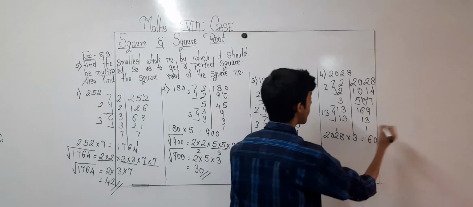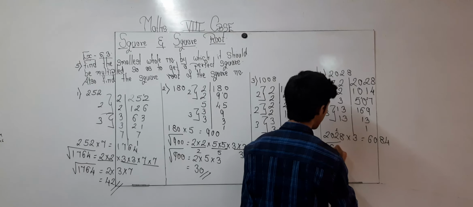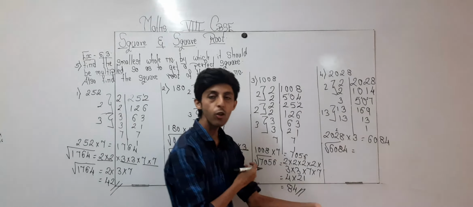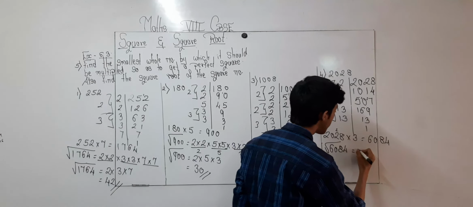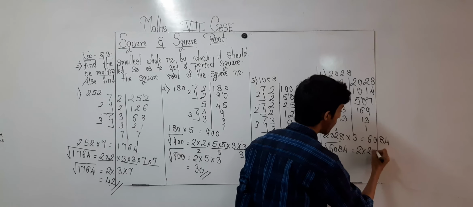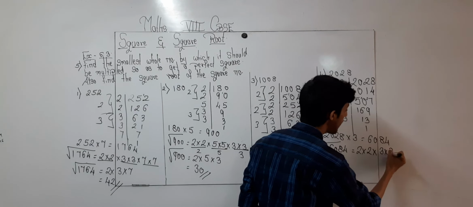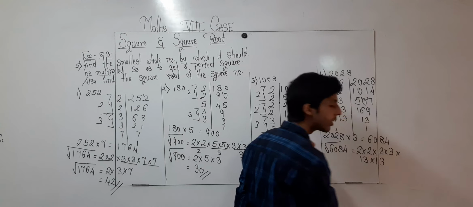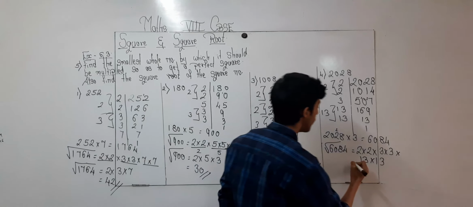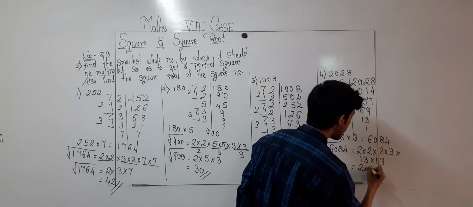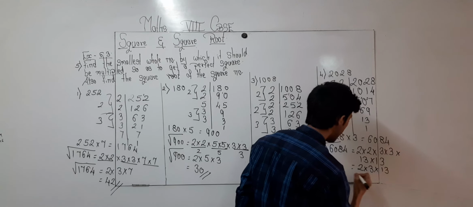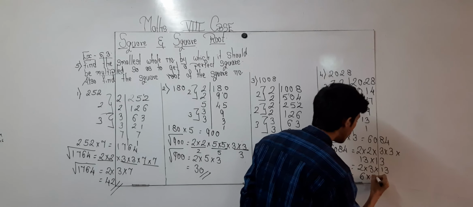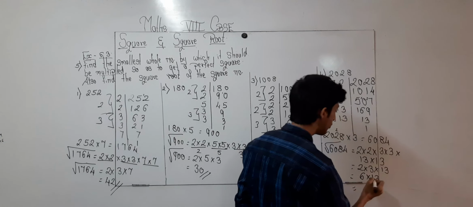And over here 6084. Now root of 6084. Okay, root of 6084. So it will be giving me 2 multiplied by 2 multiplied by 3 into 3 multiplied by 13 into 13. So it will be giving me 2 multiplied by 3 multiplied by 13. So 2 3s are 6. 6 into 13, which will be giving me